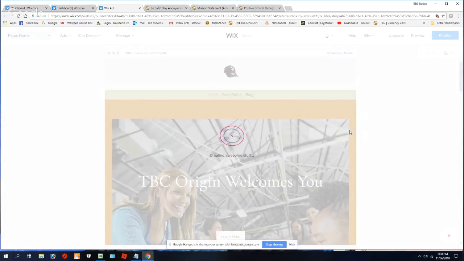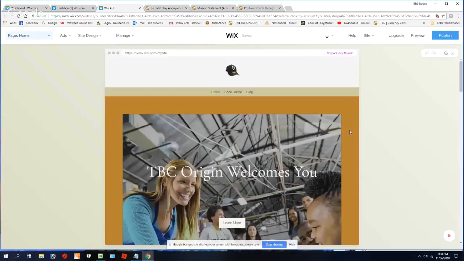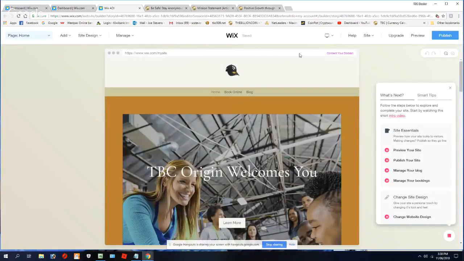It really doesn't take long, and if you've got the coin, you can pay to connect to a domain, and you'll get your own domain name. You can preview and publish the site as well. If you publish it without having your own domain name, then Wix will put your domain name after theirs.